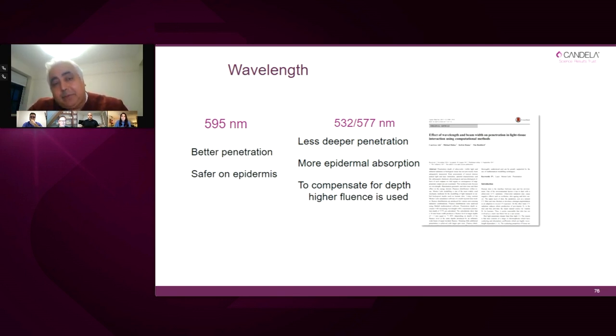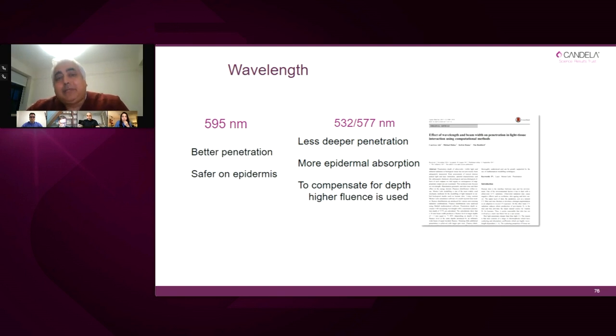Whereas on the other hand, with the 595, because you shift on the melanin absorption curve, you have less melanin absorption compared to the 532, you have deeper penetration, but you still have very strong, good hemoglobin absorption, which means that we can also safely treat skin types 3 and 4, and even, with good experience, skin type 5, which is something that is going to be very dangerous to do with the shorter wavelengths, particularly the 532.